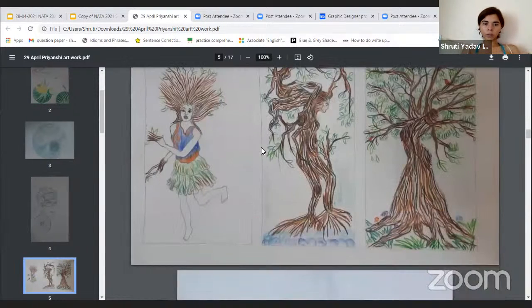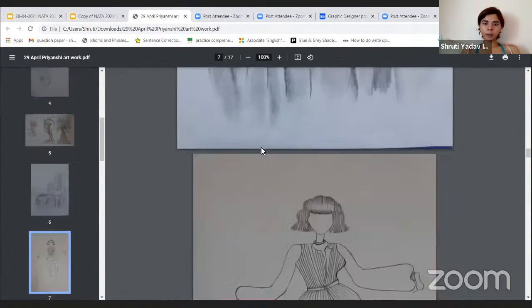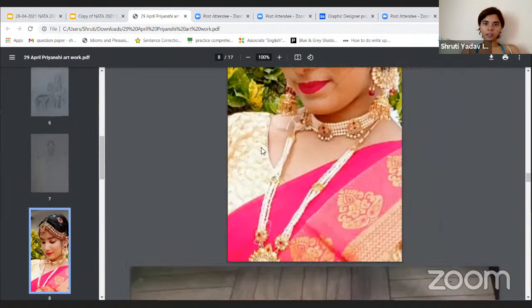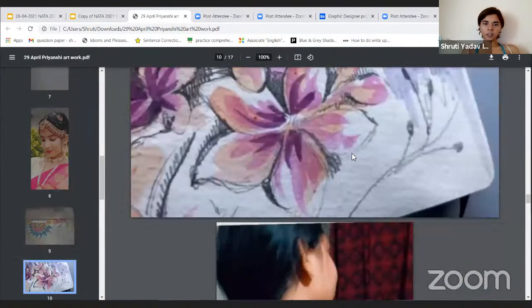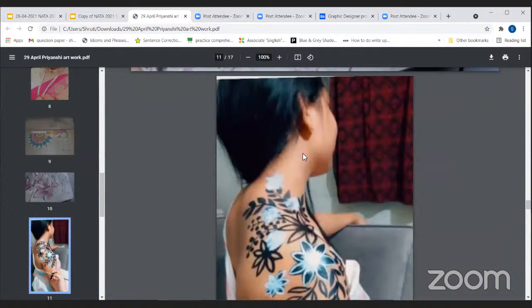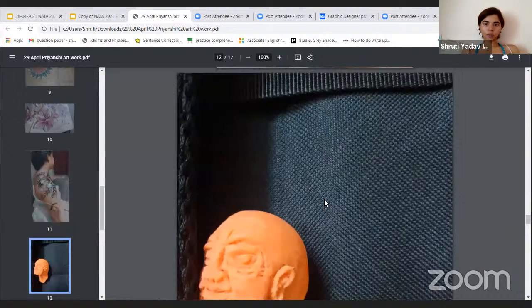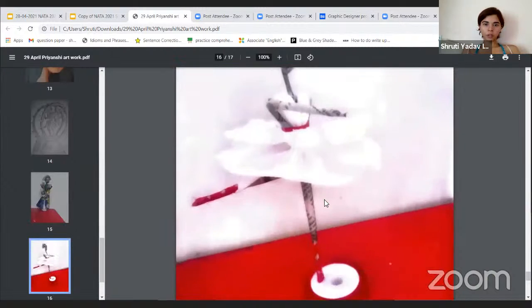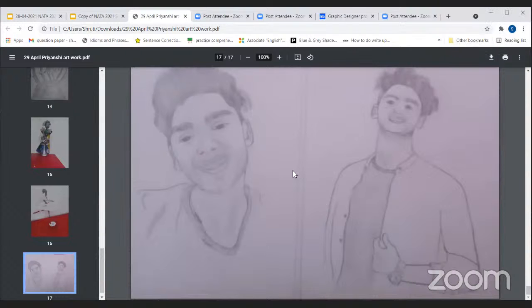Mother Nature. Still life. Fashion illustration. Dance. Rangoli. Watercolor. Body art also. Sculpture. Artwork. 3D model. Portrait. All right.